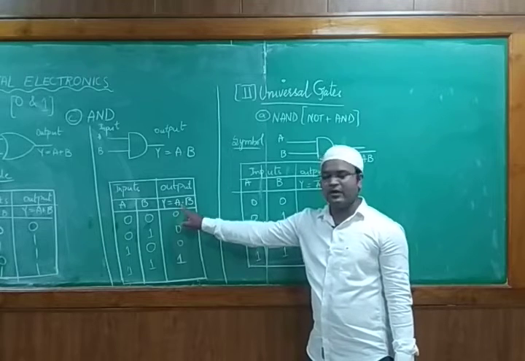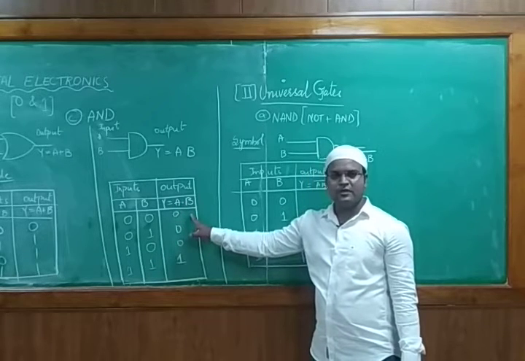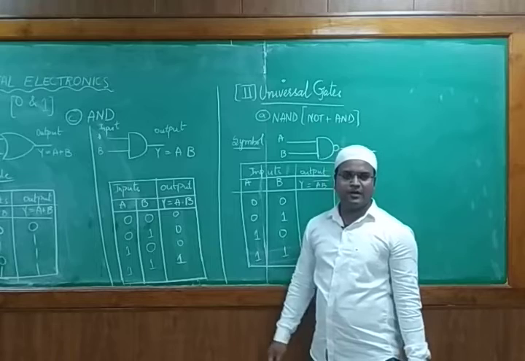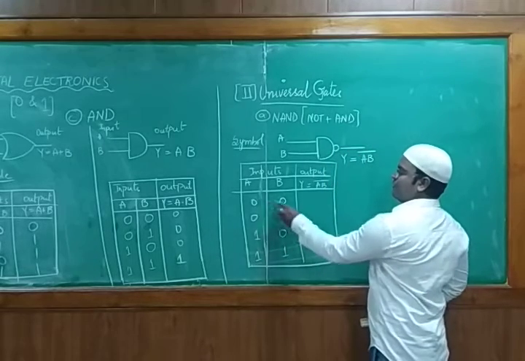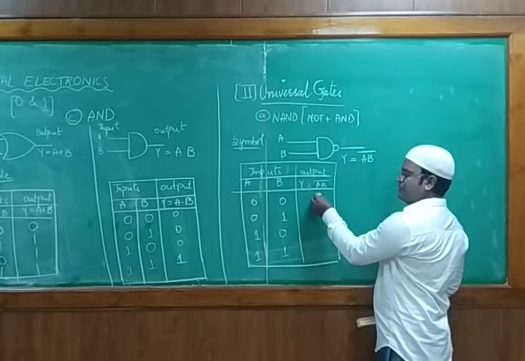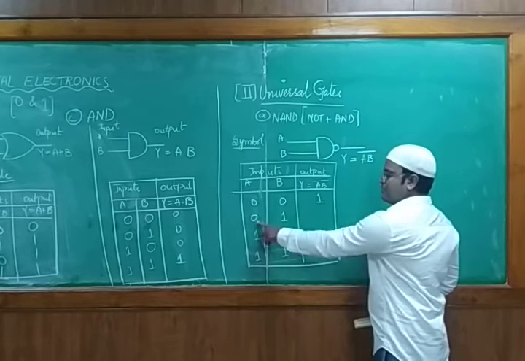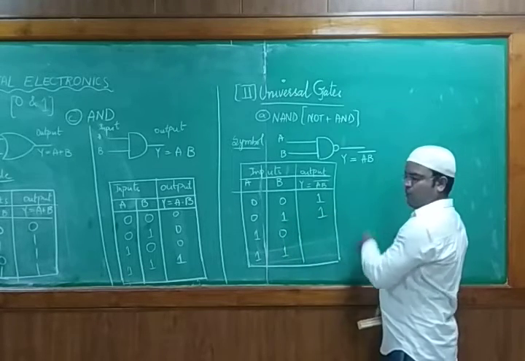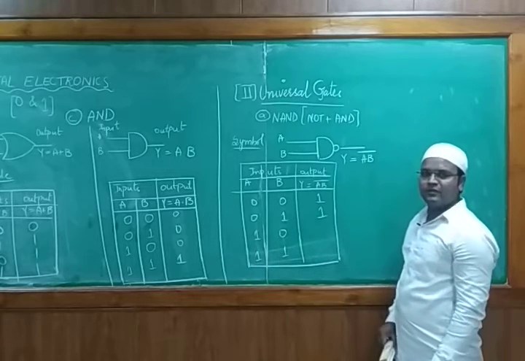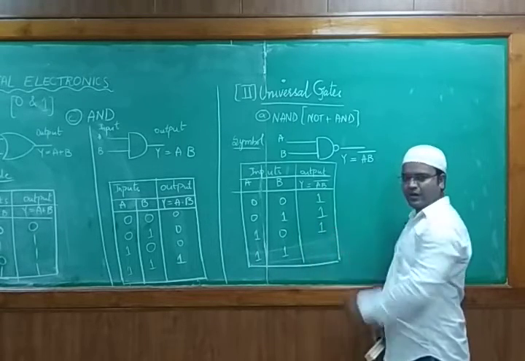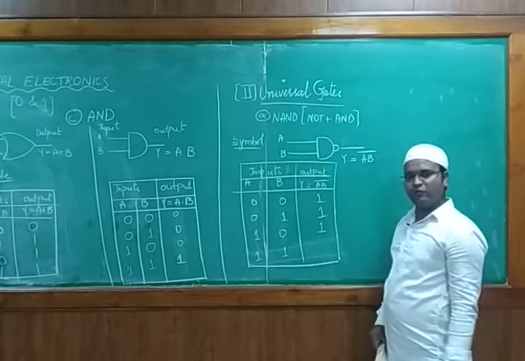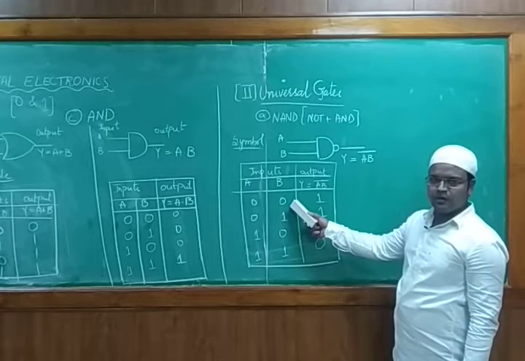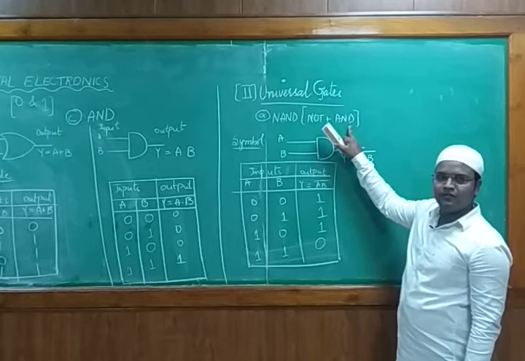In the AND gate, if both inputs are low, the output is low. If any one of the inputs is low, the output would be low. Only if both are high will it be high, but here it will be the reverse case. If I take 0 and 0, it will be 0, but we are taking the complement, so we need to mention 1. Like this, 0 into 1 will be 0, but with its complement it will again be 1. 1 into 0 will be 0, but with the complement we mention 1. Likewise, 1 into 1 will be 1, but we are taking the complement, so we need to mention 0. So if I want to verify this, like NOT plus AND, we can verify it in this way.